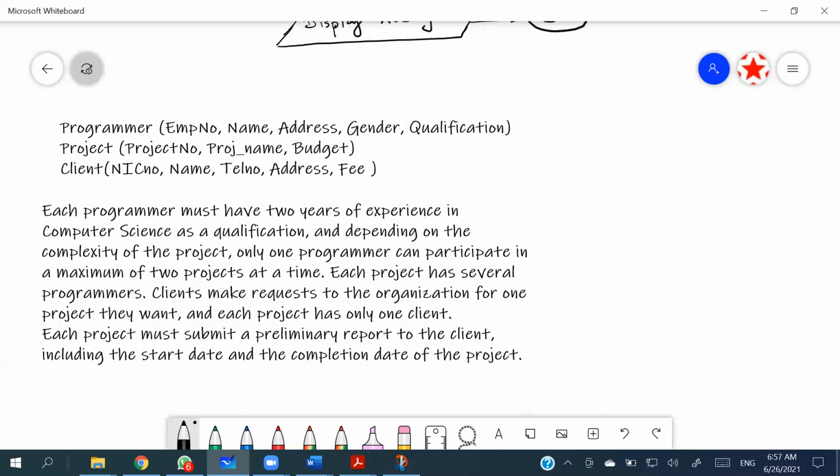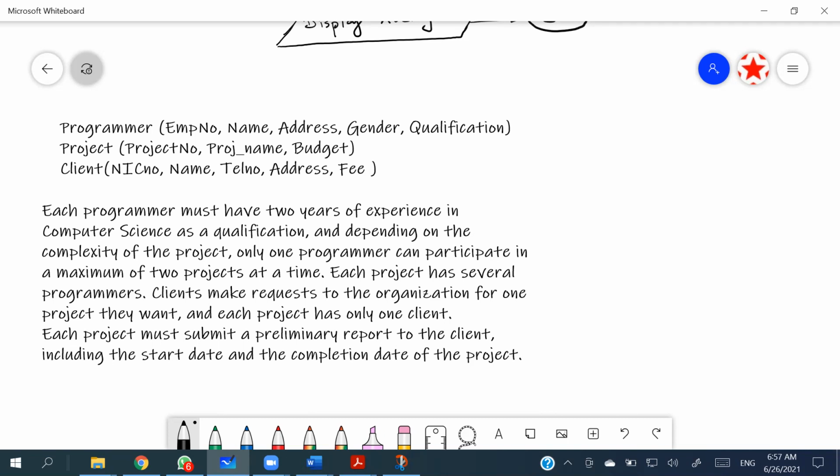Yeah, now it is easy since they have said the programmer, project, client schemas are there. So some of the entities, like 3 entities, are okay from the schema, right? So without a doubt, we can draw those 3 entities, and we can find the relationships by considering the primary and the foreign key